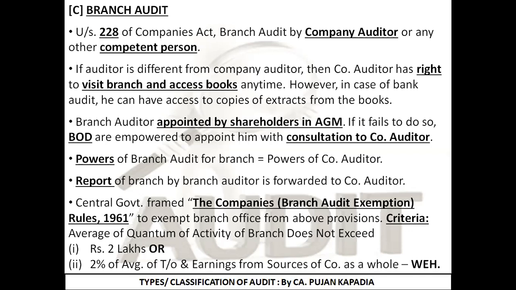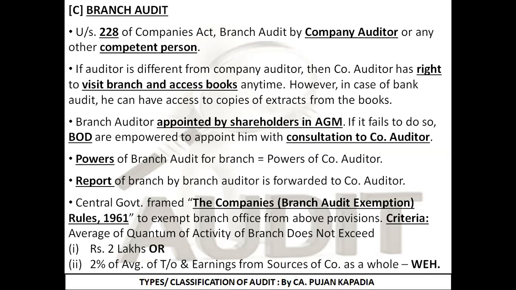Below him, who is going to perform? Branch auditors are going to perform. So just understand the structure. Who is the main person? Mr. X, who is the main auditor. Under him, he can have 100 different auditors who are in charge of that particular branch only. So for Surat, Mr. Y is responsible, but Mr. X is going to be responsible for each and every branch, totally 100 branches. So in this particular point, we discussed the appointment.